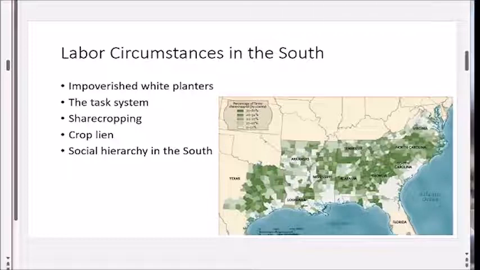to be assured that they're going to get paid back, right? And so how do you ensure the bank that you're going to pay them back? Well, you offer up a portion of your crop. And what are you going to be growing that's going to bring in a lot of money? Well, a lot of small white farmers didn't grow cotton. That was more on the plantations.